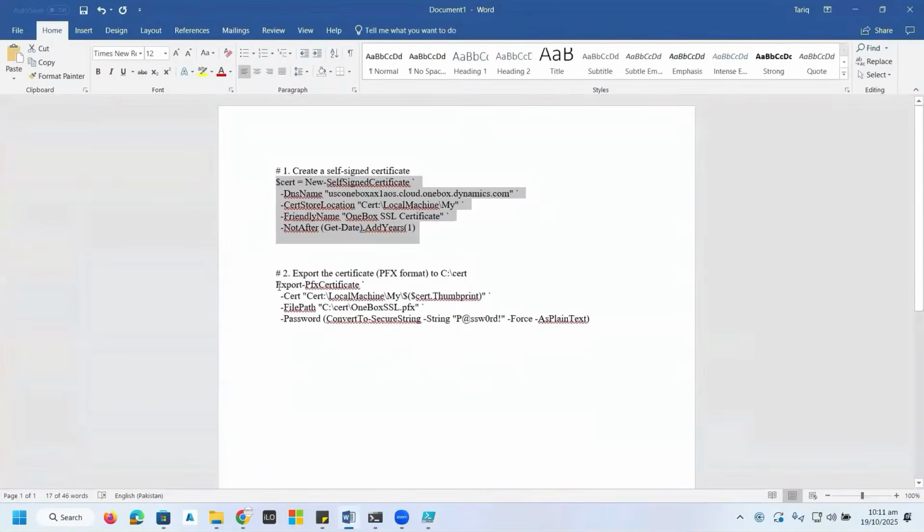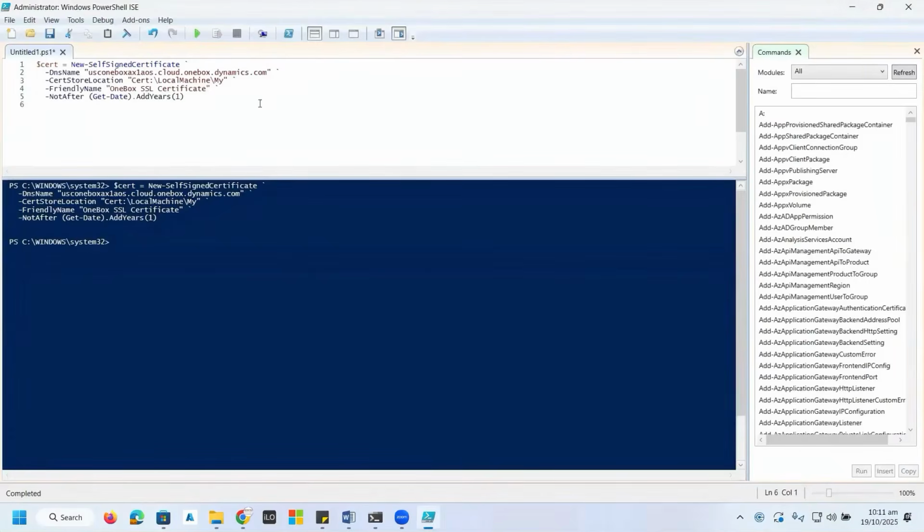Again, we need a simple command, which is on the platform of PowerShell as well. So I just remove all this content and type the next command, and here you can see Export-Certificate. Now I will define the certificate path over here. Let me change that part, as I have the export folder over here.